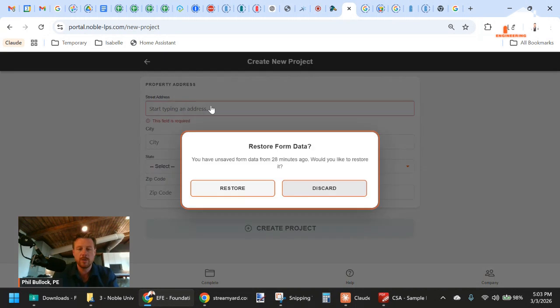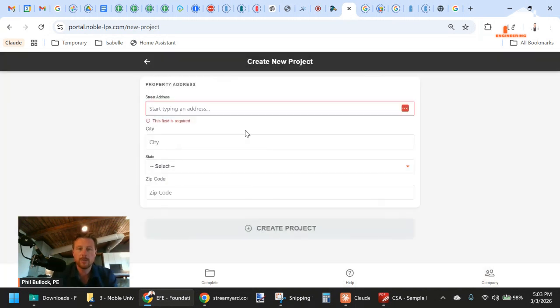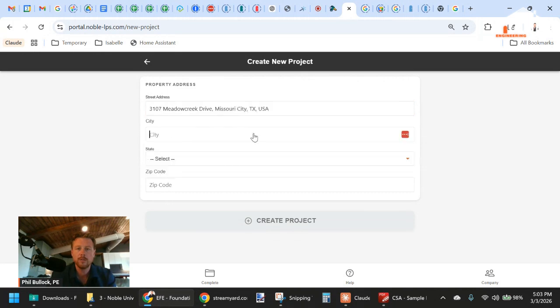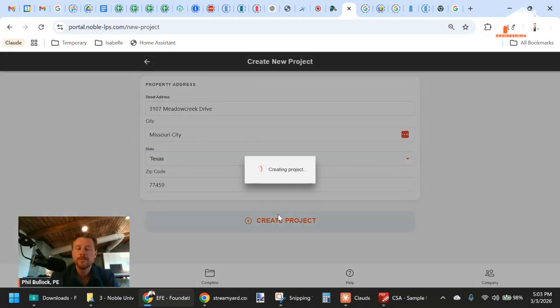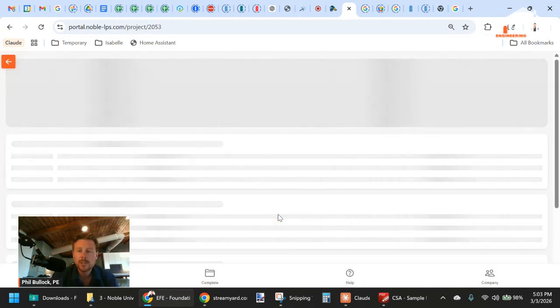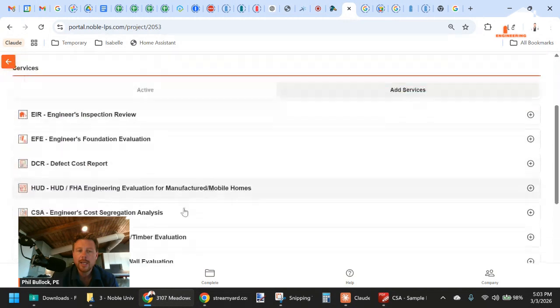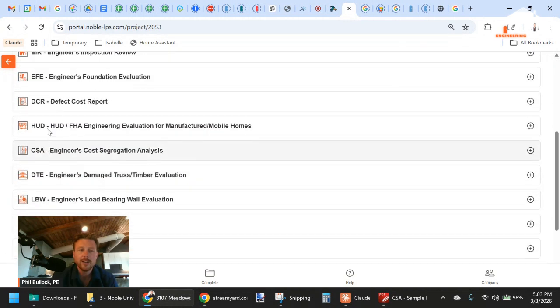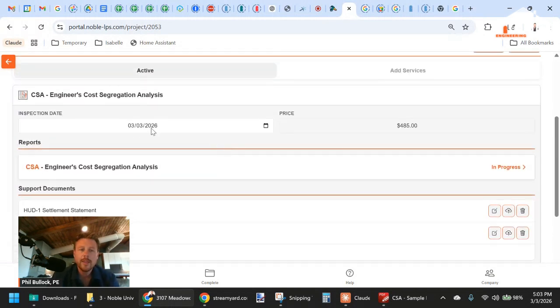app? Let's go into our app. 107 Meadow Creek Drive. I'm going to create a project. Just like normal, I'm going to add a DCR. DCR, Cost Segregation Analysis, CSA. And then you'll see that there are a few things that we need right off the bat from the